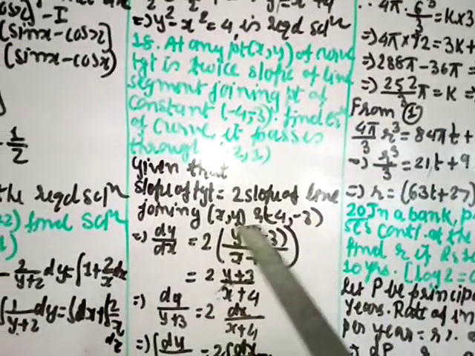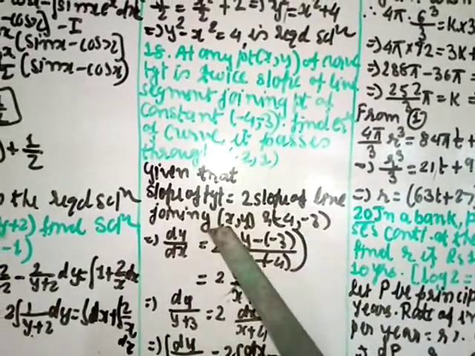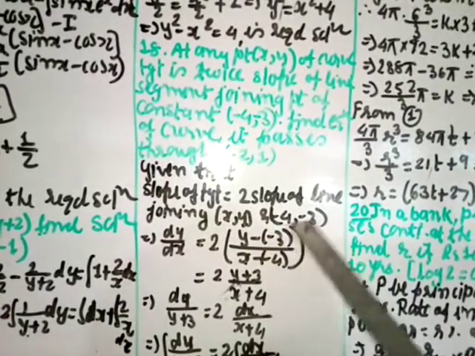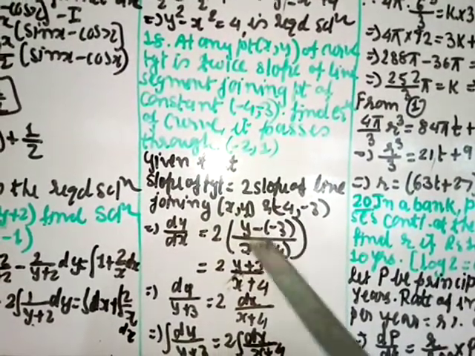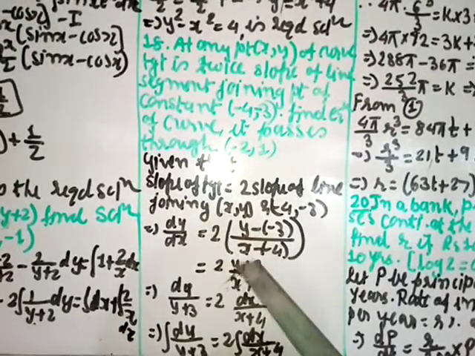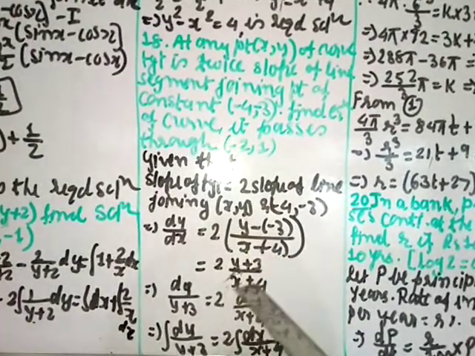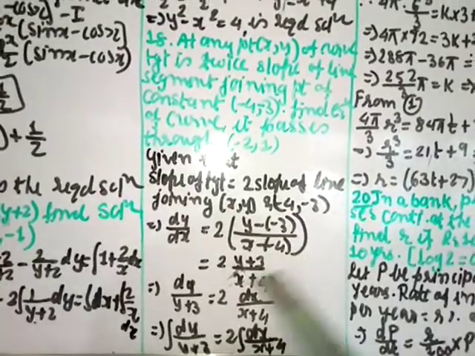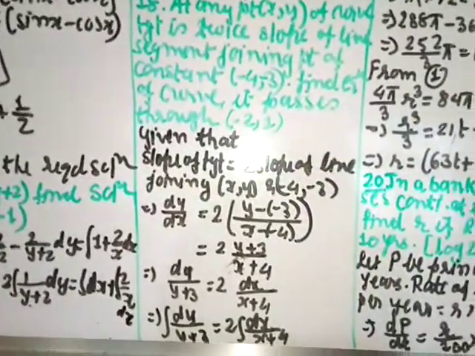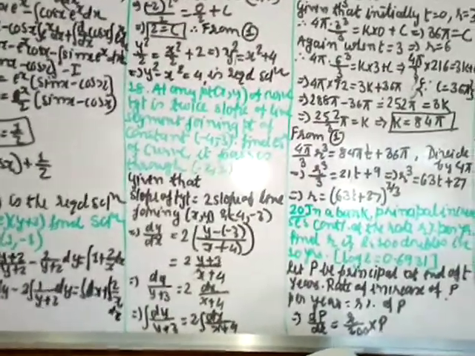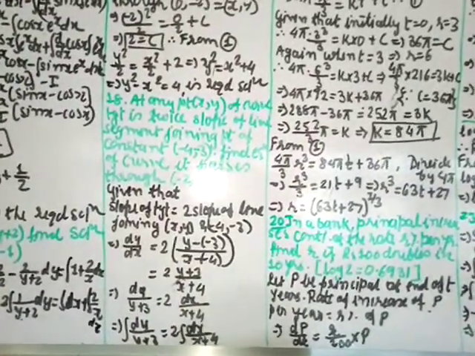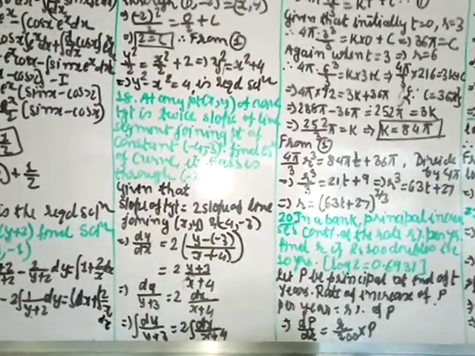So doing this minus this divided by this minus this, so y minus minus plus 3 and x minus minus plus 4. Okay, so I have written here y minus minus plus 3 and x minus minus 4 plus 4. I hope you understand this part. I'm just using the formula of slope of the line from the 2 points, that is, 2 points x1 y1 and x2 y2.